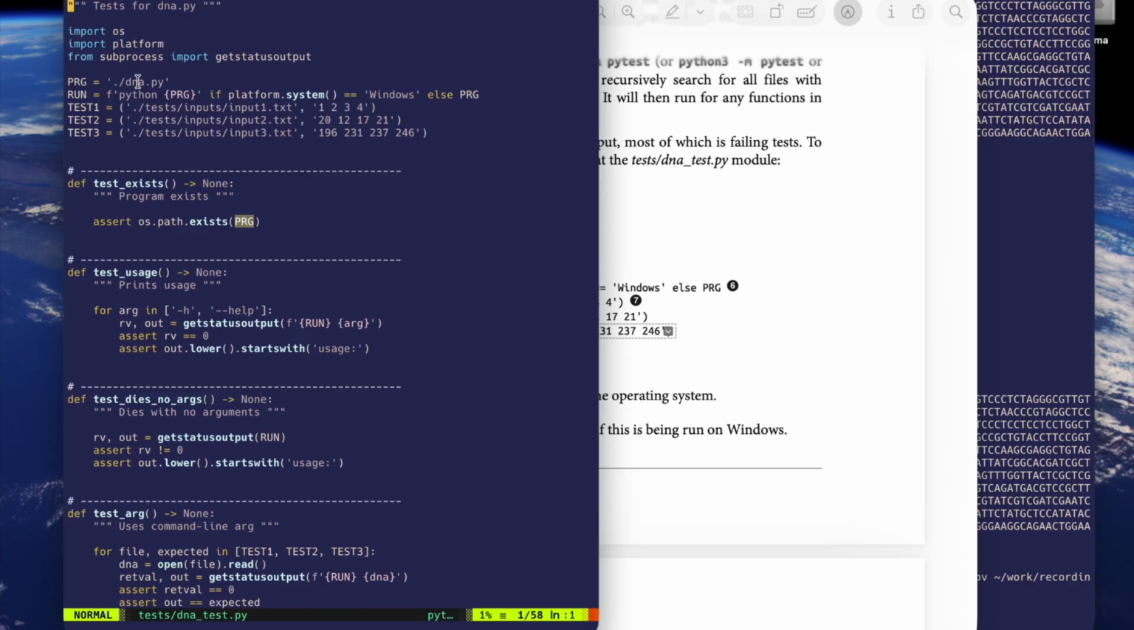Many times the students thought that they could just create any program name at all. I'm like, nope, it has to be called dna.py in order for me to be able to find it. So up here at the top, I have set up a few variables that I will be using throughout the